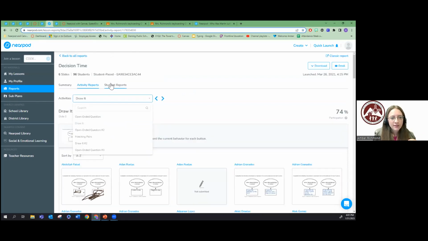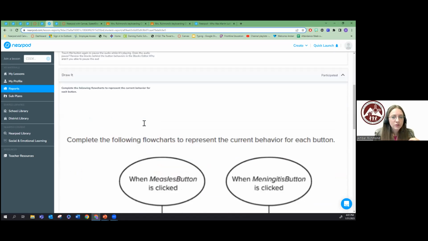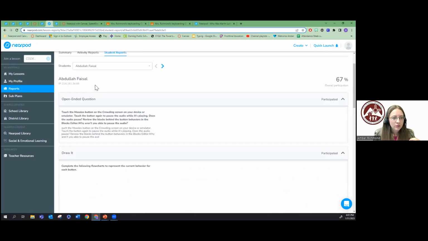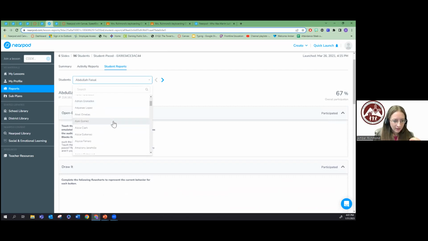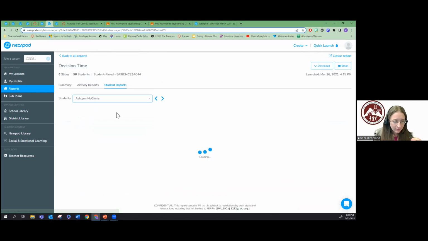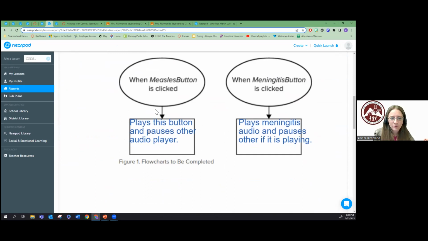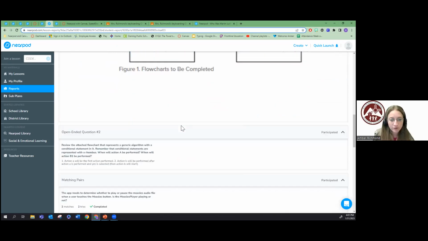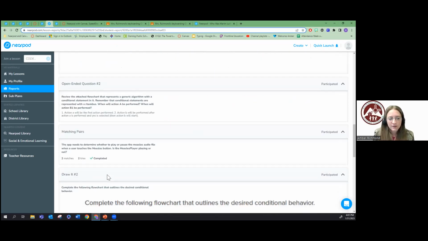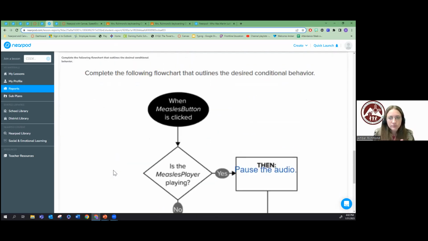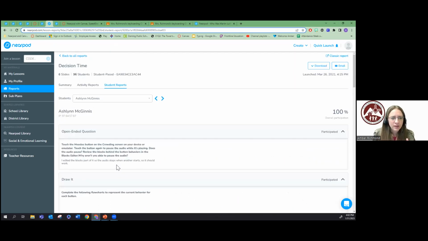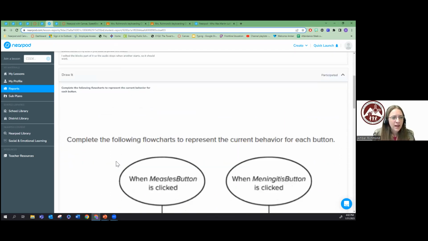All right, so the next thing I want to show you is student reports. It's going to take each individual student and show you what they did. So you can go through, see their answers. You can see examples of their drawings, and the drawings are big, and you can see everything all on one sheet. And you can even print these out if you want to write all over them and hand that back